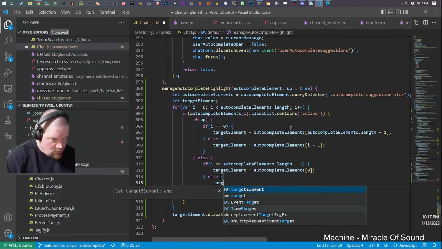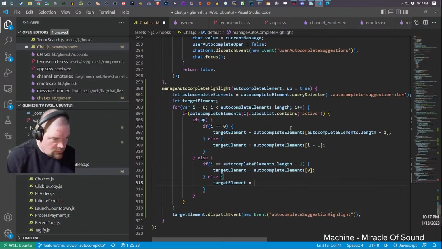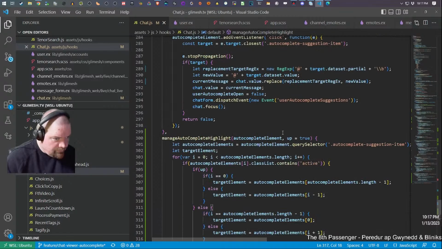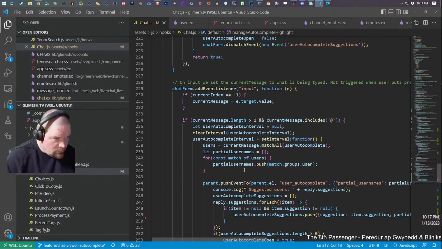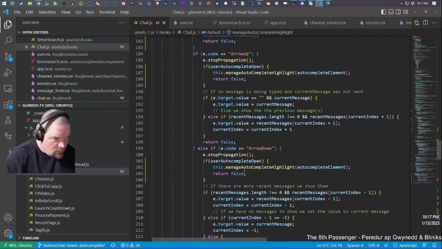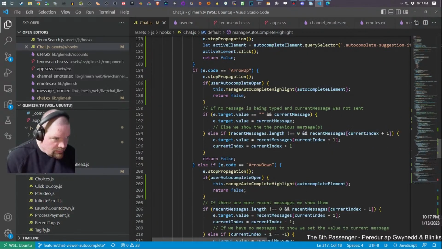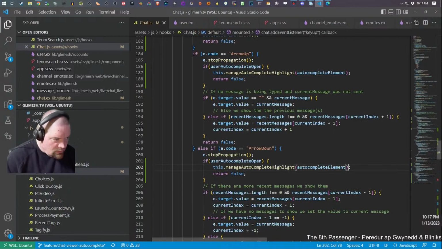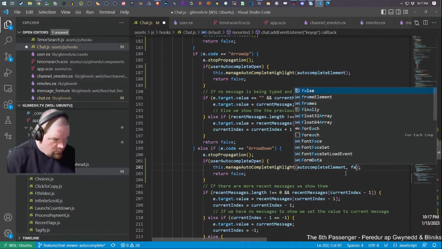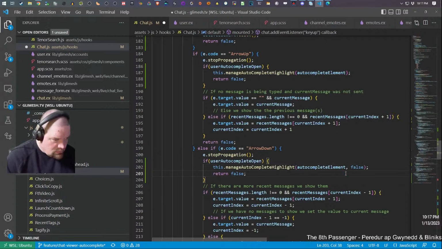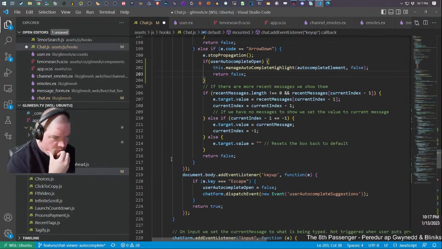Else target elements autocomplete elements I plus 1. Okay. So then manage autocomplete highlights, up is true there. And then here we want to say false as the second parameter.